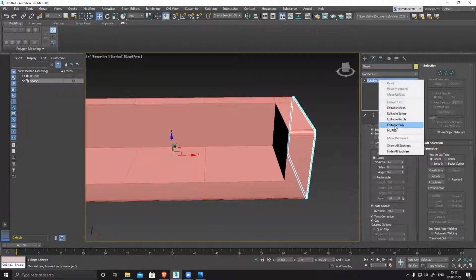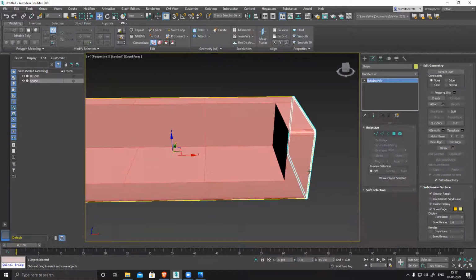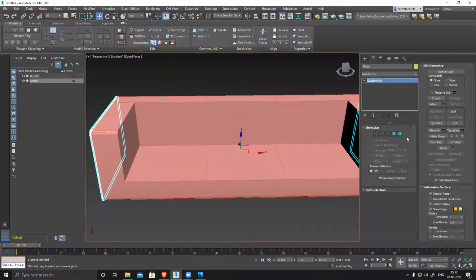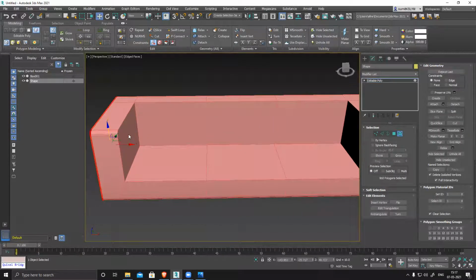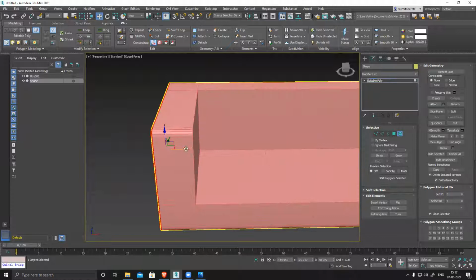Right click, convert to editable poly. Now element mode, select this one, shift and drag, place it here. Okay.